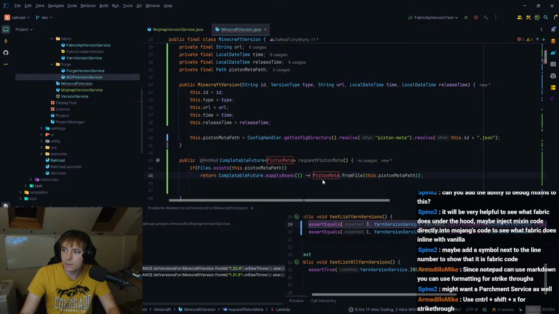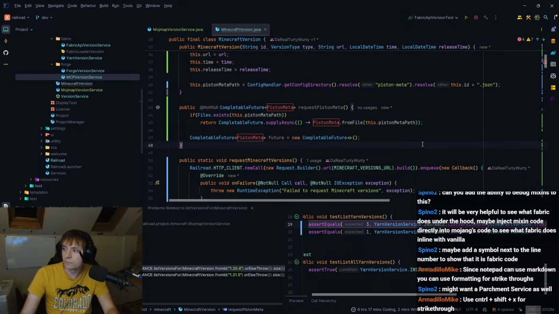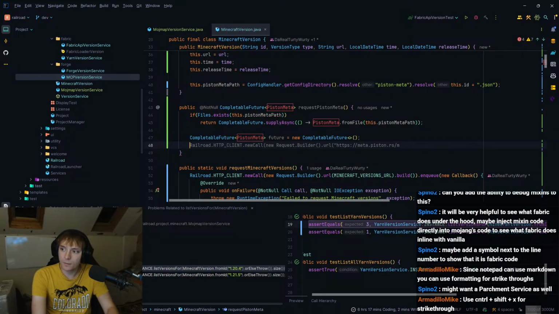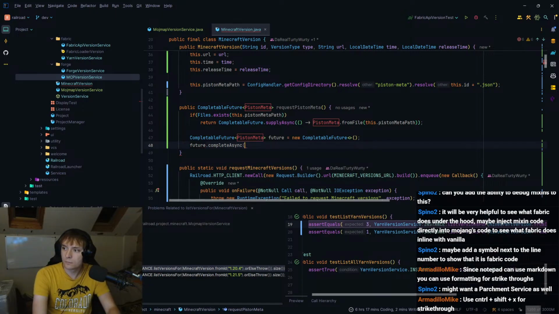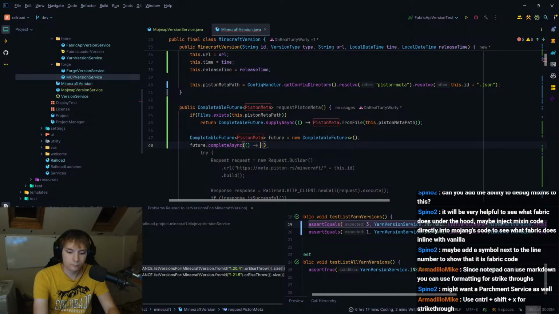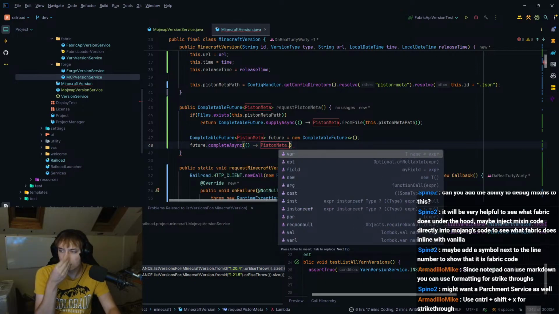Piston meta, not piston. And then create the future, and then we will do future dot complete async and we will do piston meta dot how do we want to do this?